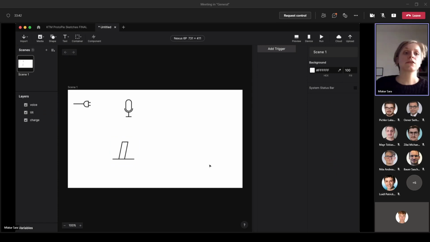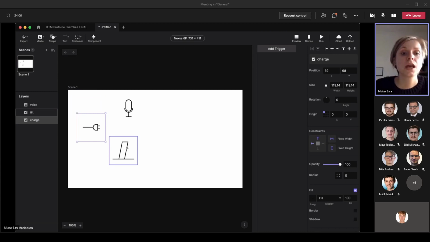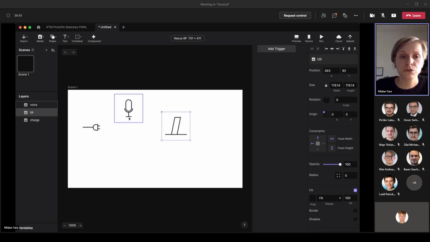So we have these 3 icons. You're also going to see that all the objects or all the elements that we'll be importing, they will be listed here in layers. These 3 elements, they already have a name. However, I encourage you to give all elements names because once you have 100 elements, this becomes a mess. But okay. So if we imagine that this is a home screen,